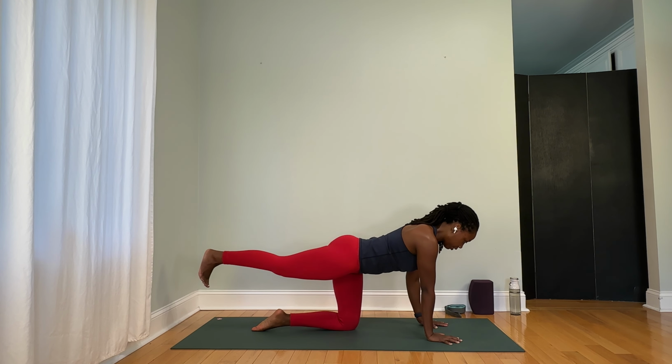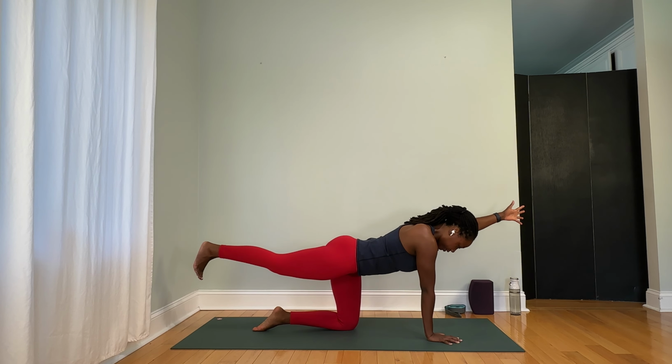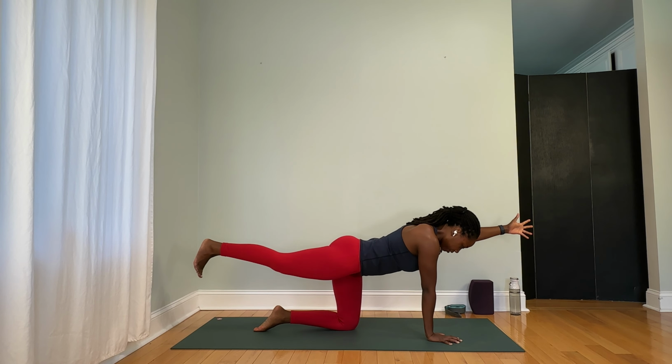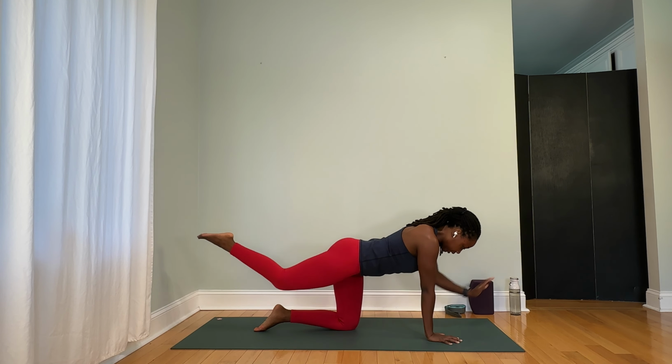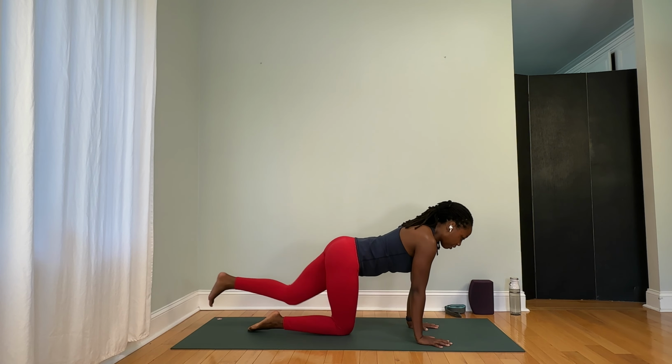If you want more, you might take your left hand slightly forward and prop up onto your left fingertips. If you want more, you might send your left bicep near your left ear, extending your left arm entirely. Hold here for 5, 4, 3, 2, 1. Release hand and knee down to the mat. Other side. So start with the left leg